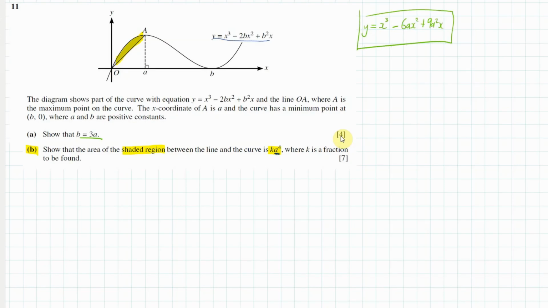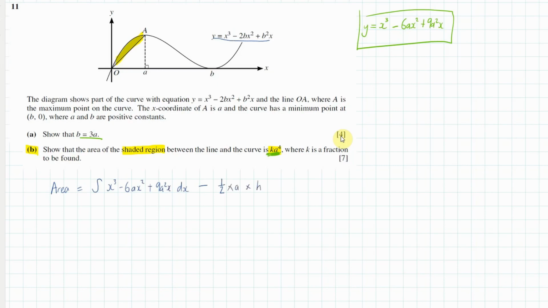So this would be my first thing, and the reason I do that is because I know that my answer is ka to the 4. And now, integration. To get that shaded region, the area is clearly going to be the integral of what I've just written, x cubed minus 6ax squared plus 9a squared x dx, minus the area of the triangle, which is half